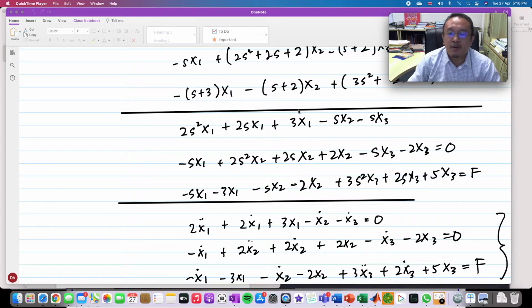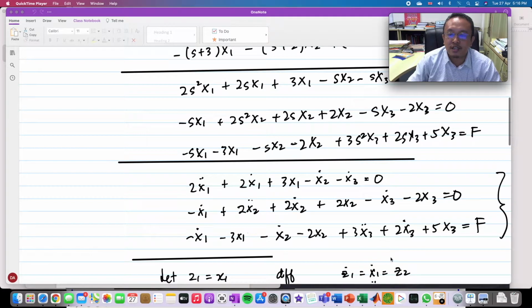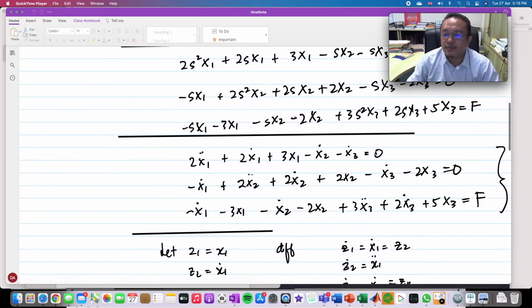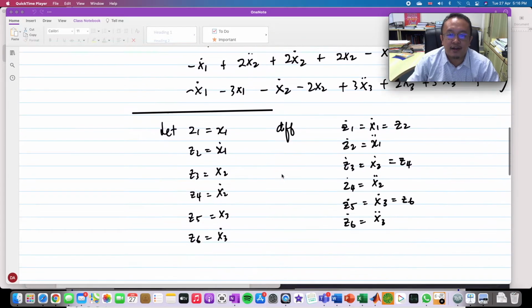From these 3 equations, we did the inverse Laplace transform, and then we get these 3 equations. Straightforward, where S squared represents double dot, or S represents single dot, for each X1, X2 and X3, right? Okay, so once you got this equation, we need to define our